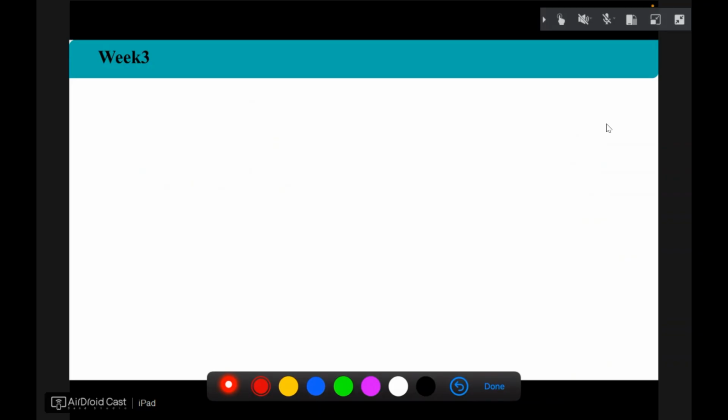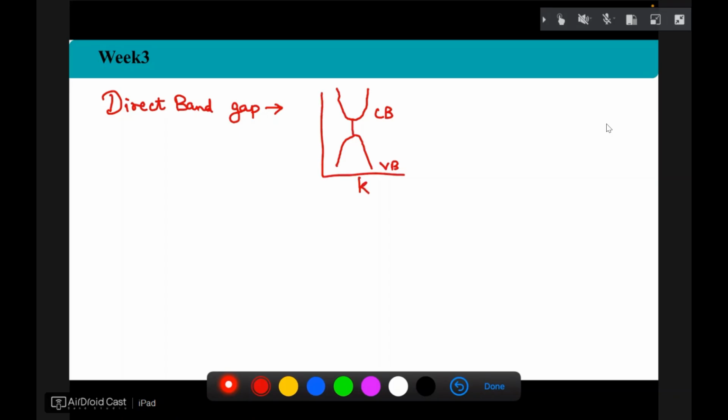So, we saw direct band gap, in which the peak of the valence band and the bottom of the conduction band lie at the same K. Then this is a direct band gap. Direct band gap means you need energy equal to the band gap only. This much energy is enough